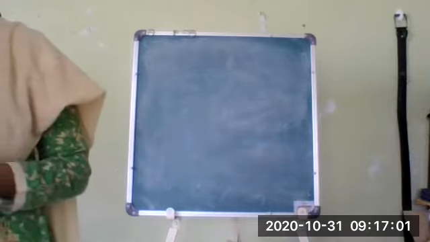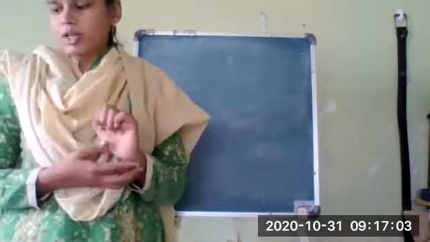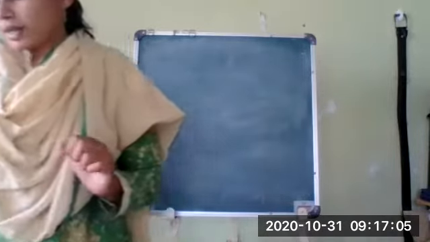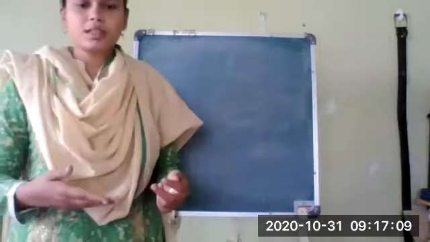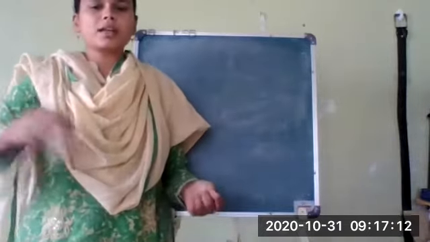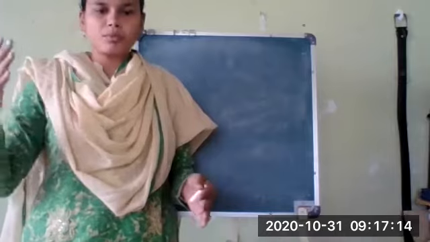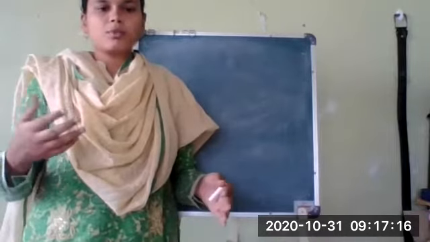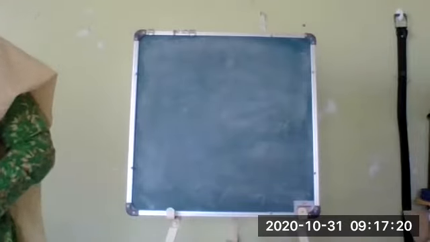Torsion measures the speed of rotation of the binormal vector at a point, and the larger the torsion, the faster is the rotation of the binormal vector. That means if there are more twists, then there will be more torsion, right? The more the torsion, the more the twisting or moving of the binormal vector. So we have seen this.